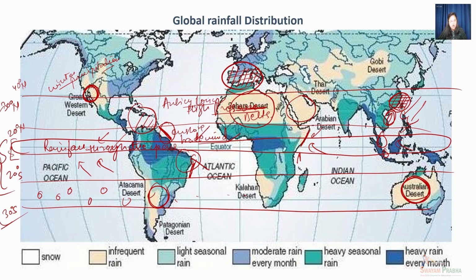Why? Because of the onshore westerlies. So onshore westerlies can be seen in these particular areas, and these areas, because of onshore westerlies, due to the apparent movement of the sun during the winter season, the westerlies become onshore, and these areas receive very high precipitation